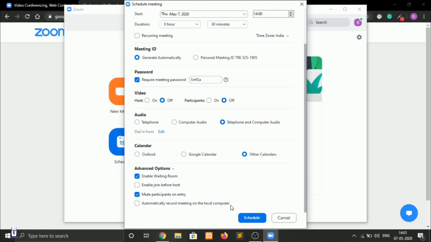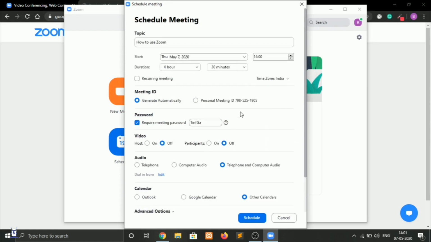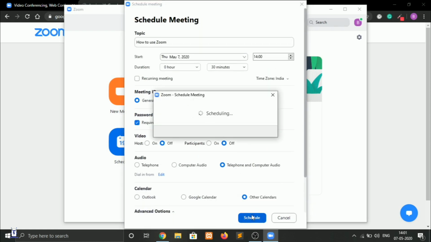Automatically record meeting on the local computer. Okay, now if you click on this checkbox, then the meeting will be automatically recorded on your local computer. And if you don't want to record the meeting on your computer, then don't check this box. Right now I am not checking this box. I will show you how to record the meeting while you are inside a meeting. If you want the meeting to be recorded from the beginning till the end, then it is preferred to check this checkbox. Okay, now I will schedule this meeting